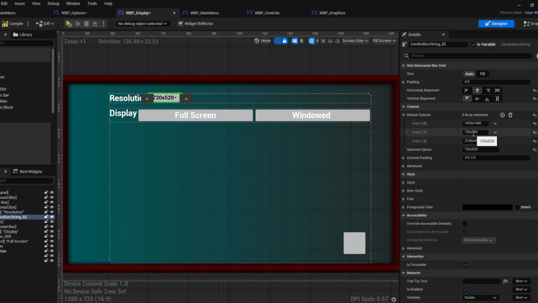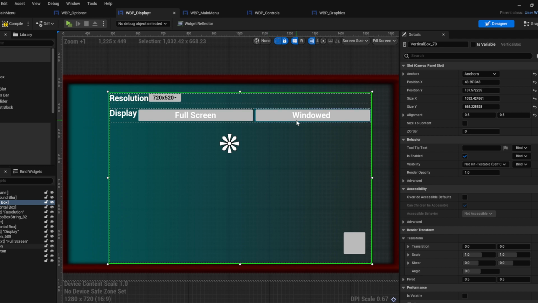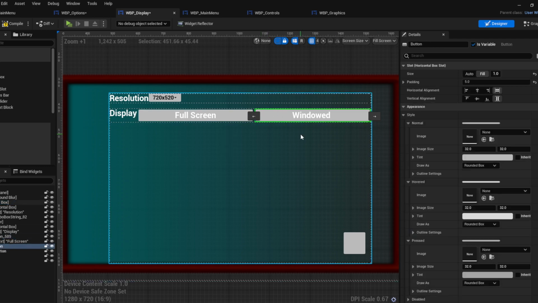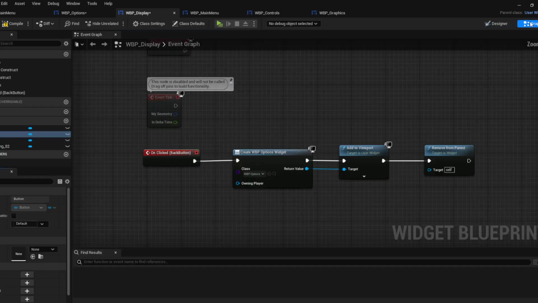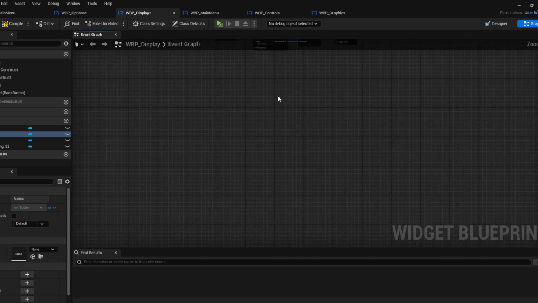you can pretty much just change the resolution of the game to fit your screen size. 1080p, 21 by 40, which is 4K, 2K, and then 720p, which is smaller than that. Windowed mode and full screen is just changing your display basically. The graph for them are